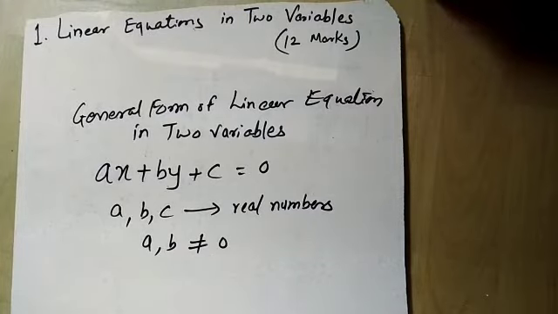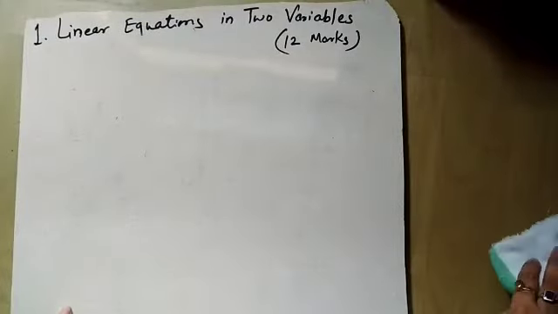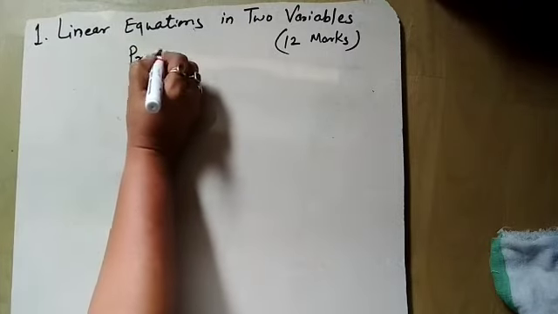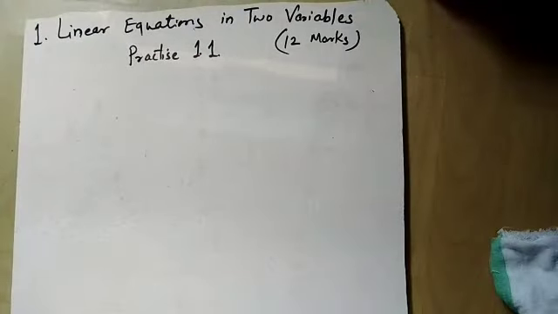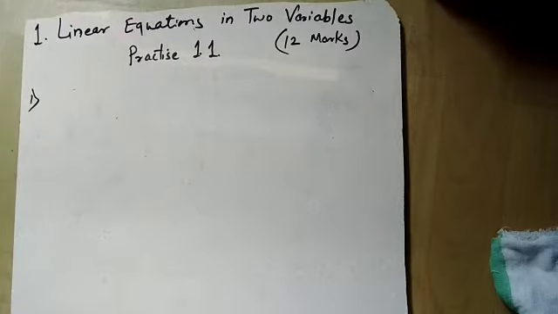Now, as you have already studied in 9th standard how to solve these linear equations, let us revise it through exercise 1.1, practice set 1.1. In practice set 1.1, the sums which are given are based on the elimination method, which you have already studied in 9th standard. Question number 1 is given in the form of activity. We will solve the sum and then you can fill the activity. Okay, the sum for the first question, that is complete the activity, is